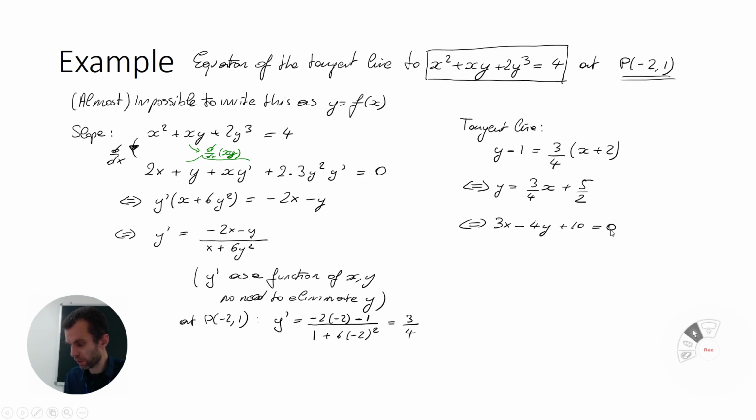All of these are correct. I think, let me just double check. So times 4, 3x minus 4y